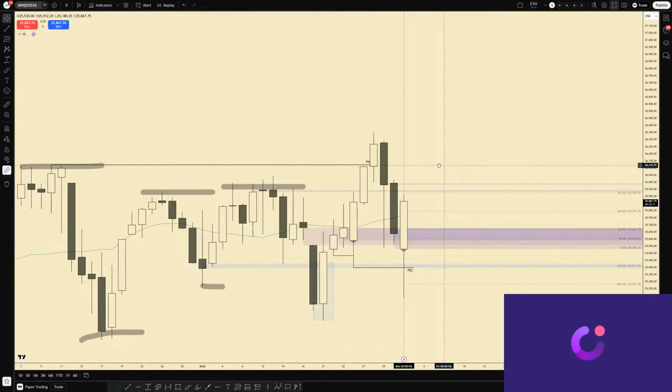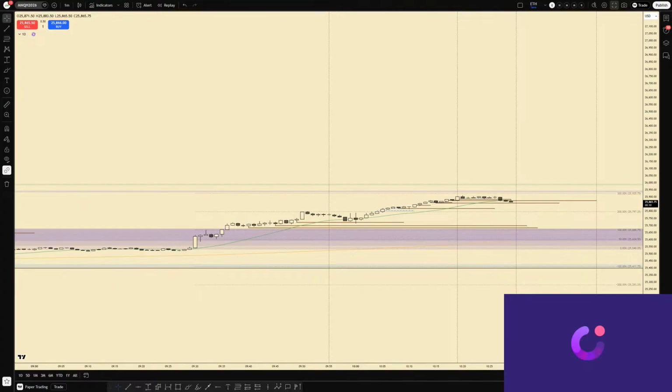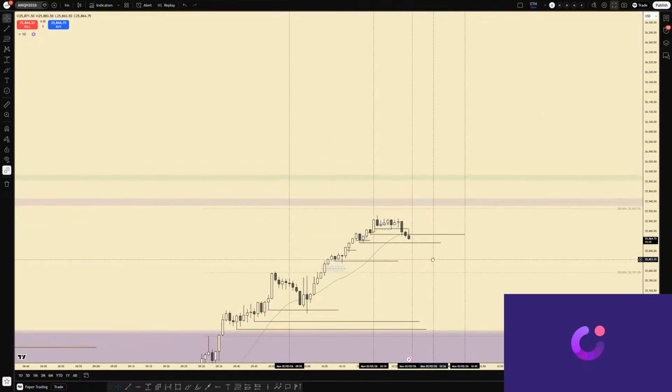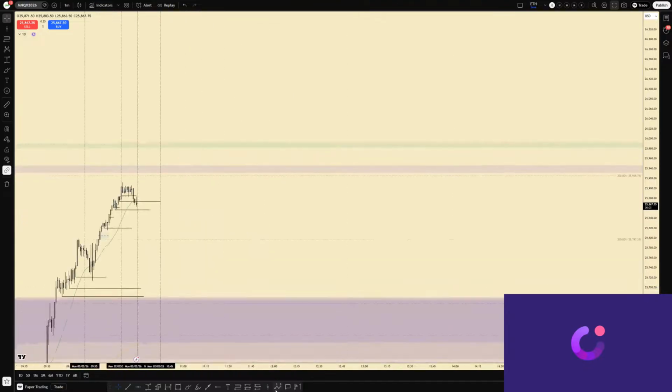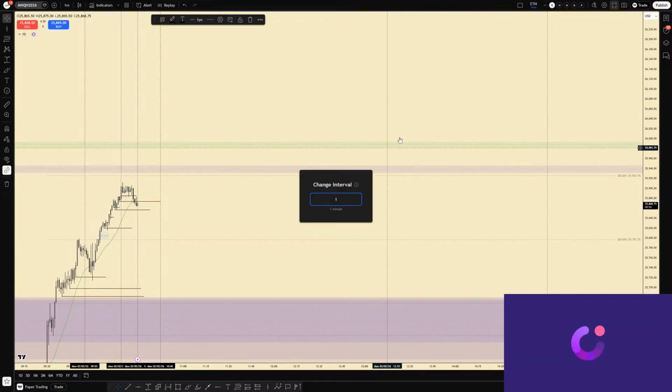I might carry this position without trailing my stop loss until before the market close, okay? If it is a bullish expansion, we can carry the position all day long, but